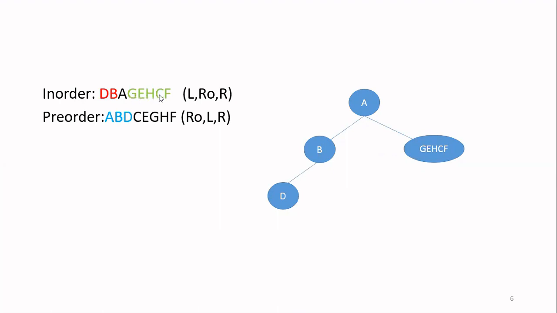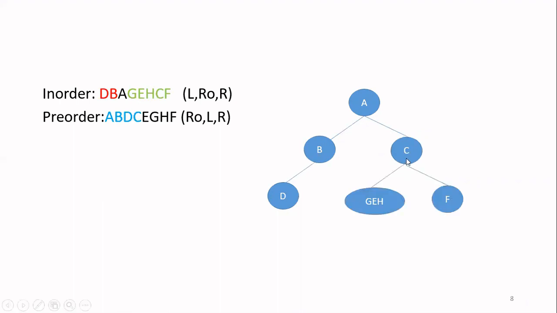So now out of all these green color letters, you have to see. We have the root node as C. To the left of C, we have G, E, and H. And then F is appearing to the right of C. So what you have to do is draw G, E, and H as a left subtree and then F as a right subtree. So now I am taking C as a root node, then I am drawing G, E, and H as a left subtree, and then F as a right subtree. Now, if you consider here, this is having only one node, so no need to consider further for F.